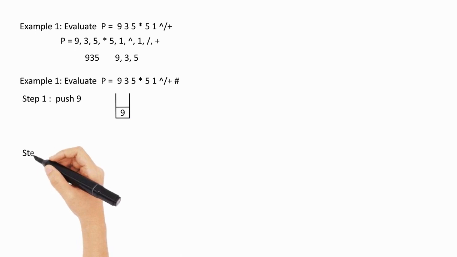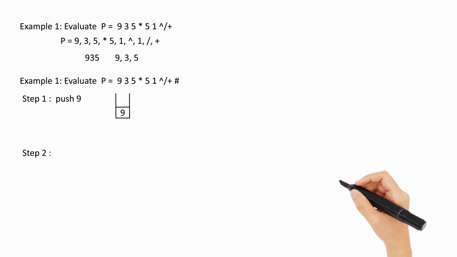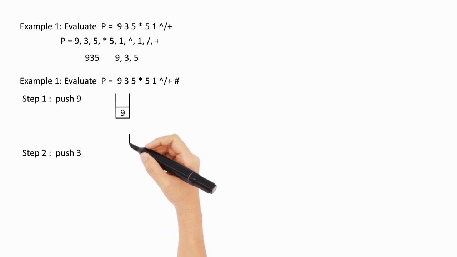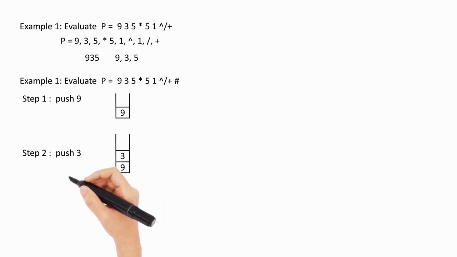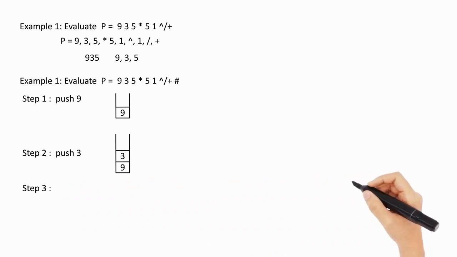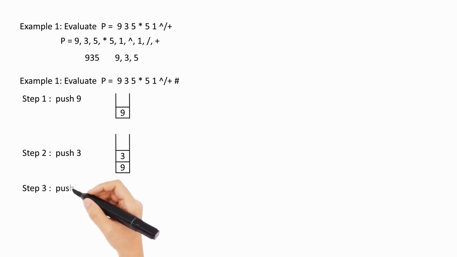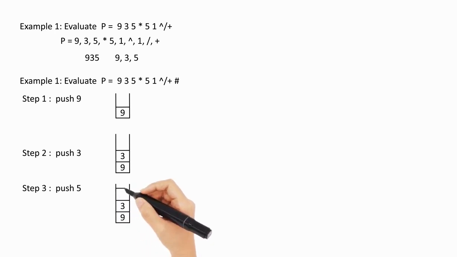Step 2. Now the second symbol to be considered here is 3. 3 is also an operand. I am going to push 3 also inside the stack. So now let us write, 9 is already there. The next symbol that we have pushed onto the stack is 3. Now move to step 3. In step 3, the next symbol that we are scanning is 5, which is also an operand. As 5 is an operand, again we push 5 onto the stack. Push 5, and in the stack we have 9 and 3 and we have 5. Now move on to